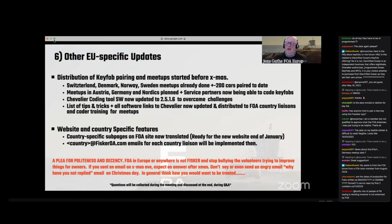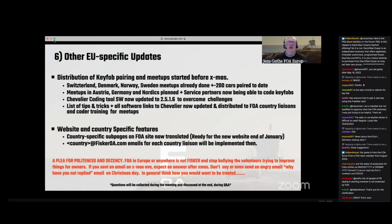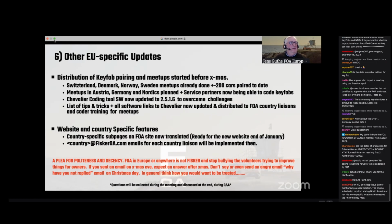The other thing is, and this is a real example, somebody sent an email on Christmas Eve, and on Christmas Day, because there was no response, was rather aggressive and not very nice, and said, why haven't you replied to my email? In general, think how you would want someone to address you if you were the person to help. So enough moralizing, but come on, guys, be decent, be polite. We're trying to help, and we are being bombarded. Okay, enough of moralizing, and now on to the next slide, which is going to be a little bit more